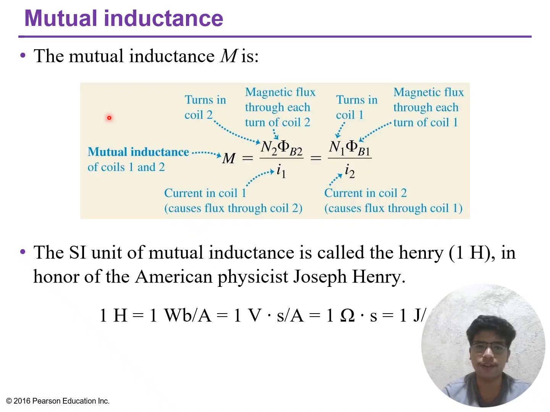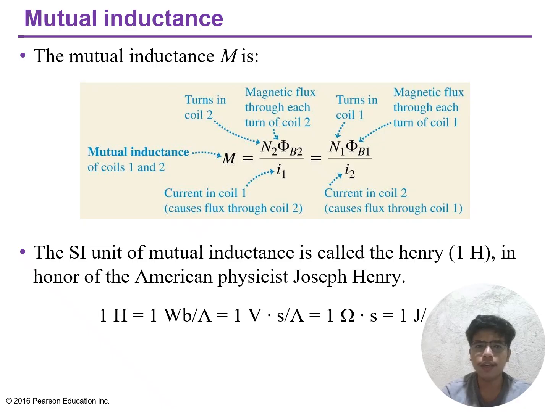Mutual inductance can be defined in two equivalent ways. From Faraday's law, M equals phi 21 over I1, where phi 21 is the magnetic flux through coil 2 caused by the current I1 in coil 1. This shows that M measures how much magnetic flux is linked between the coils per unit current. From the induced EMF viewpoint,